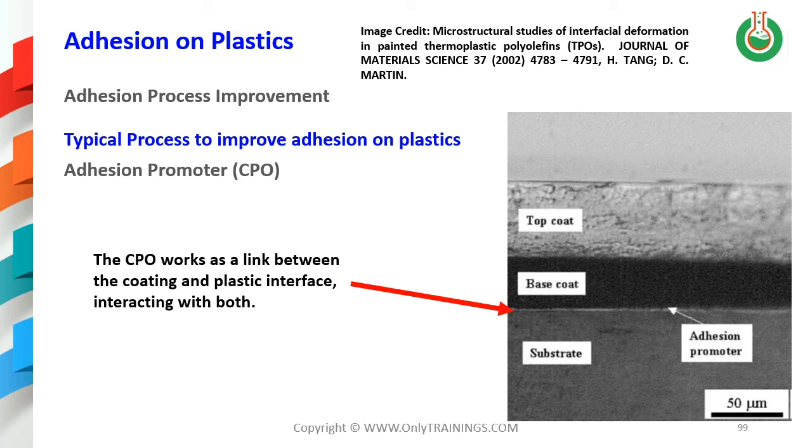Here is a cross section of an OEM plastic part applied with adhesion promoter. We can see here that CPO stays between the substrate and the base coat like a kind of primer, linking the two surfaces, the base coat and the substrate. You can apply the CPO as adhesion promoter, spraying in solution, or